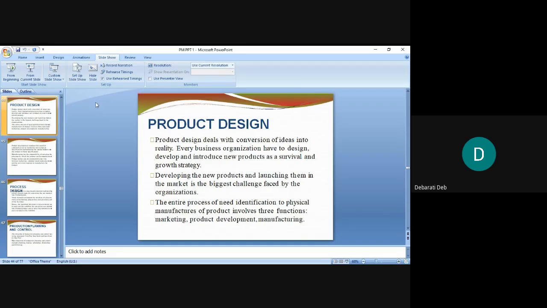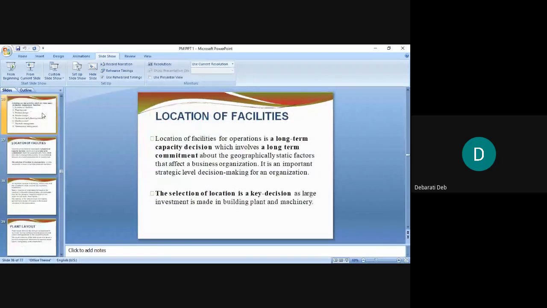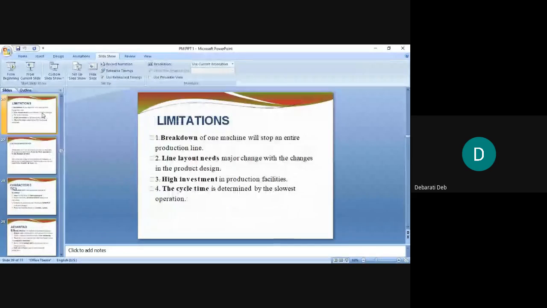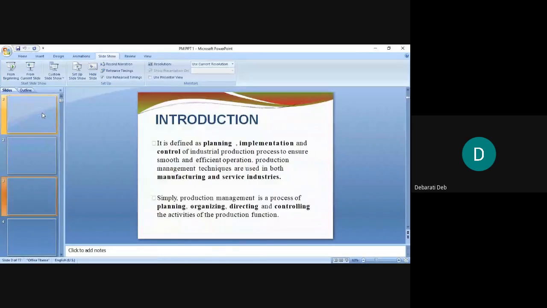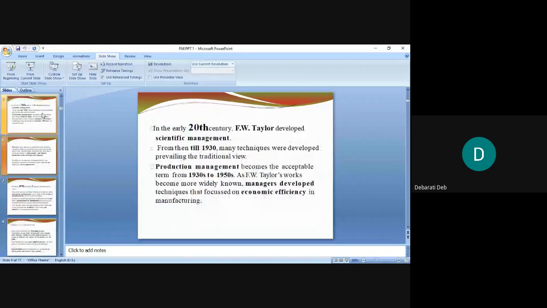All right. So see, in production management, just look at the slides which we have done already, so that you can have a recap of all the topics that were taught. Since you're unable to access the PPT, I'm just giving you a recap of all the things which have been taught till today. So we started with the introduction, then we did the difference between production and operation management. Production is applicable for manufacturing sector and operation management is applicable for service sector, that we did. Then we did history a bit.